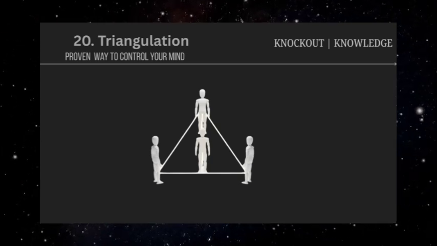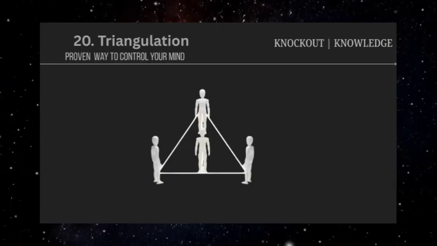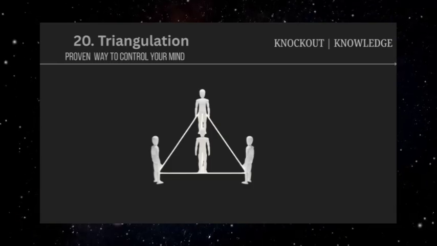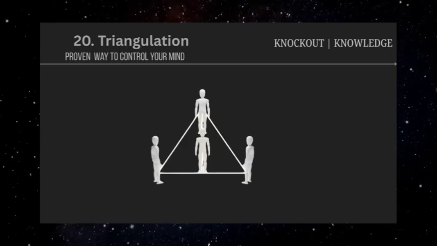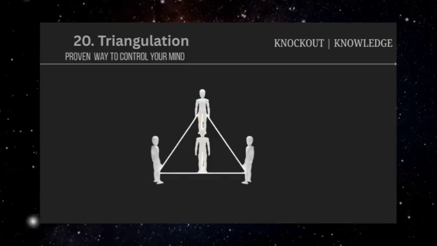The technique can also involve using family members, friends, or colleagues as validators or weapons in disputes. "My mother thinks you're being unreasonable," or "Everyone at work agrees with me about this," transforms a personal disagreement into a perceived group consensus against one person. This creates social pressure and isolation that can force compliance.